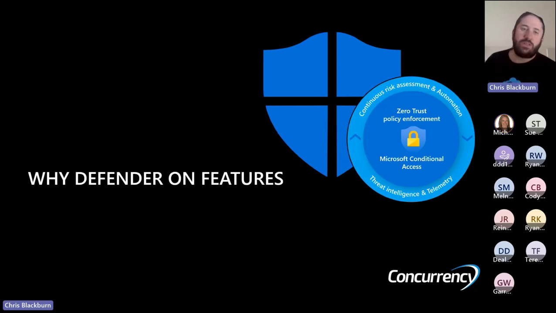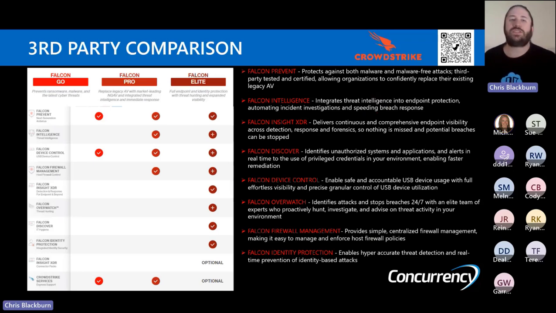And so as we look at Defender and size it up against other third-party tools, we're going to look at a few of those now, ones that we run across in different customer environments, looking at some of the features. There's a number of features. So CrowdStrike's a popular one. Carbon Black is too. I will say that Carbon Black's probably the most replaced EDR that we see in customers